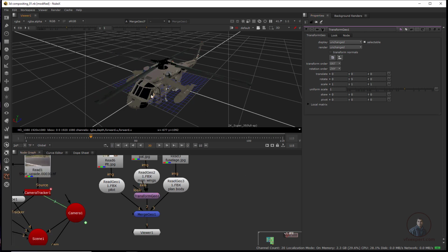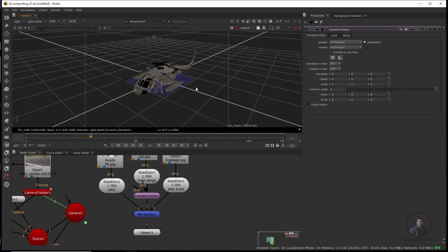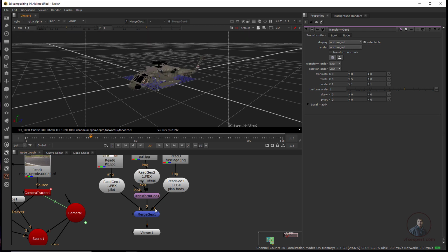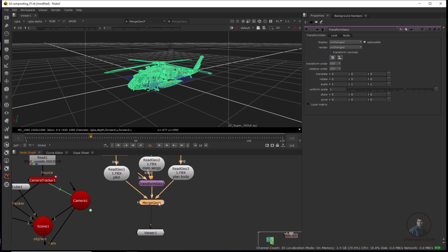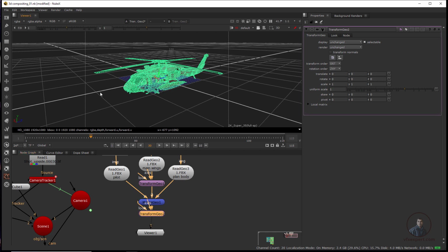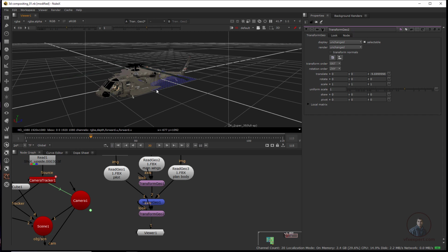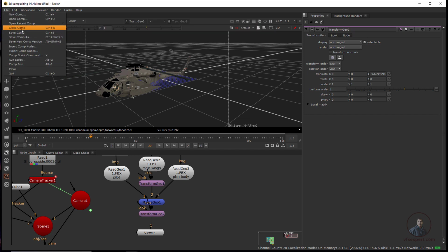And finally, if you want to place your plane a little bit or move your plane, then after this merge geo we have to place another transform geo, then tab, then again transform geo. Now with the help of this transform geo you can manage your overall plane like this. Okay, so now after this I am going to insert it in our scene here. So till here, just save our scene.